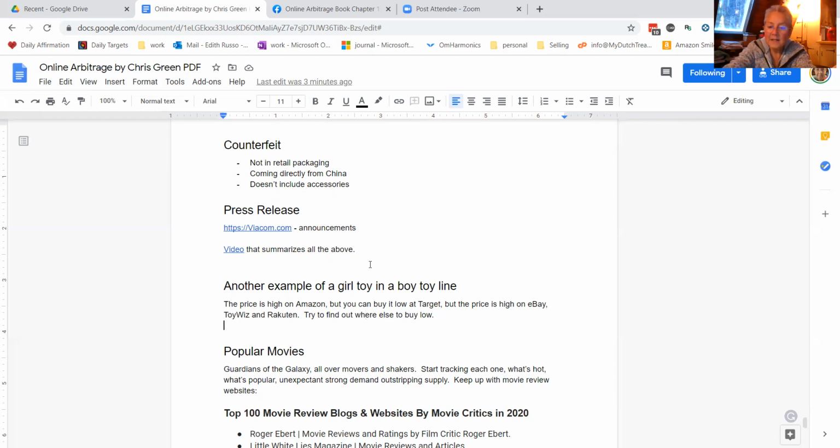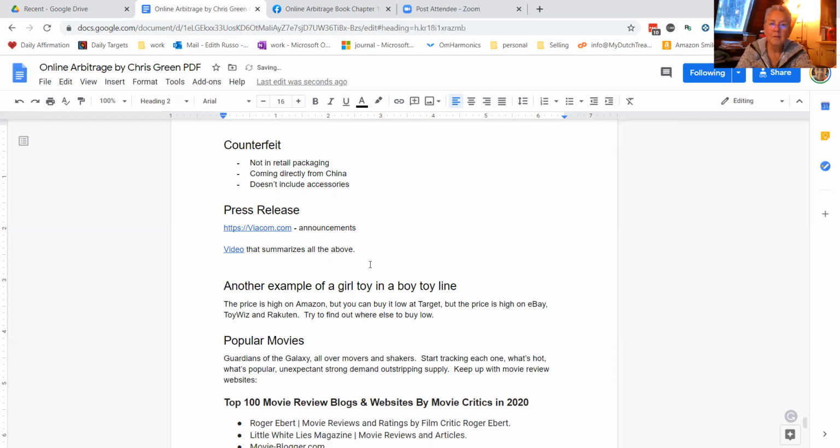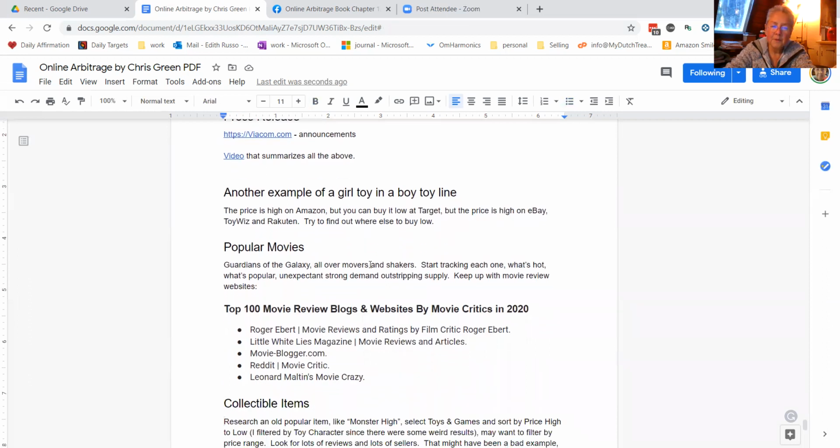Popular movies are another source that always creates new products. So be on the lookout for all the movies that are coming up. I'm not a real big movie fan, but I have a feeling that not too many movies have been coming out. It'd be interesting, because isn't Christmas a good time for movies to come out? Anyways,